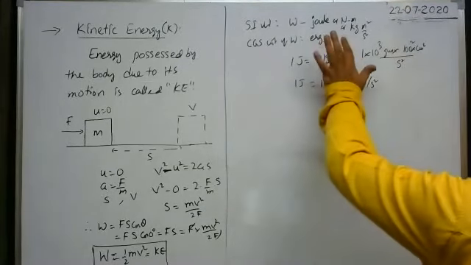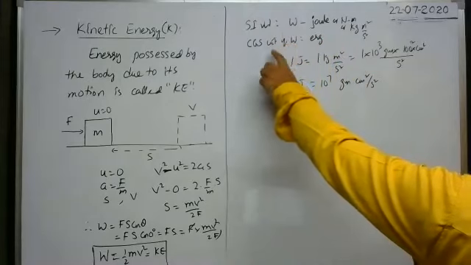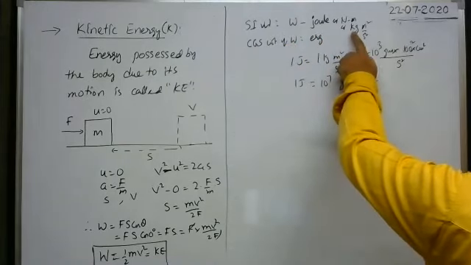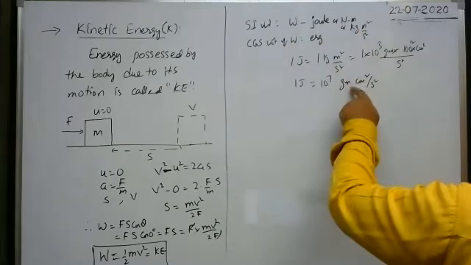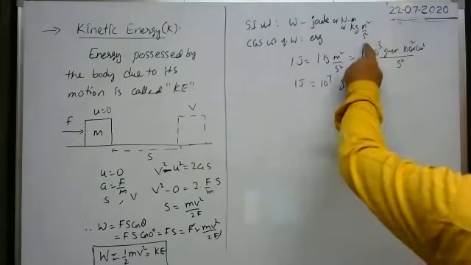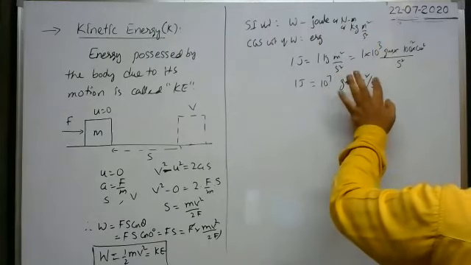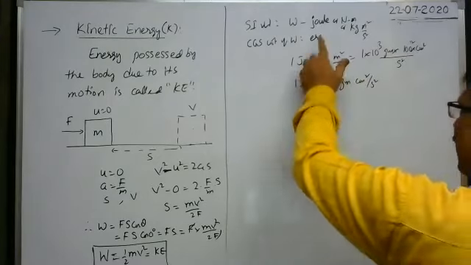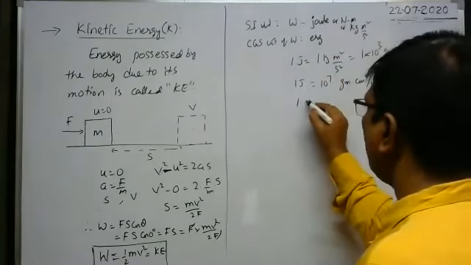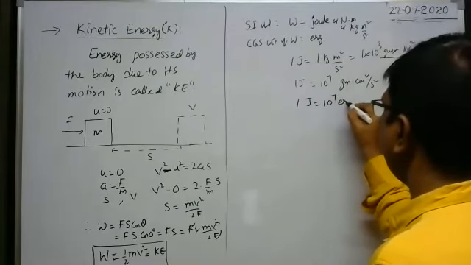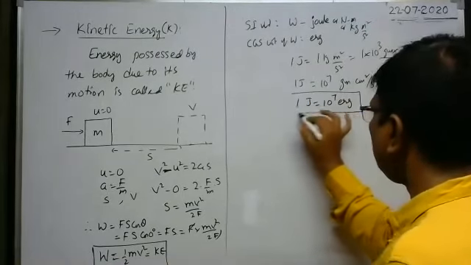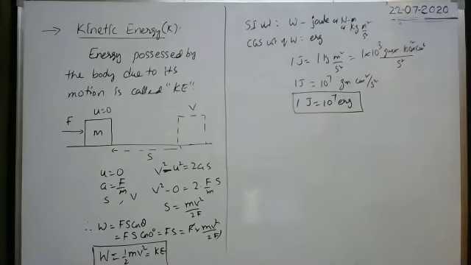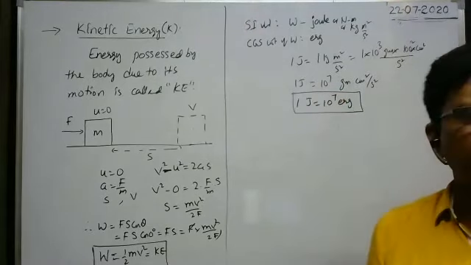You see, in the SI system it is kilogram, in the CGS system gram. Meter means here centimeter, second means second. So gram centimeter square per second square is the CGS unit of the work done. That is equal to erg, no? That's why 1 joule is equal to 10 to the power of 7 erg. It is the SI unit of the work done.